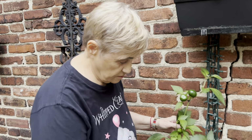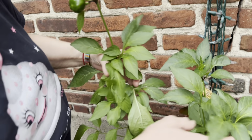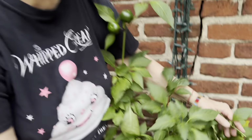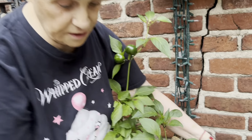I want to show you, I grew cherry peppers this year. Beautiful. These are not ready yet, but almost. Some of them get red, some of them don't. And I'm impatient, so I pick them whenever I feel like it. So here's one turning a little bit. Anyway, this year I grew cherries, I grew Jimmy Nardello's, and I'm going to make tonight a recipe, which is